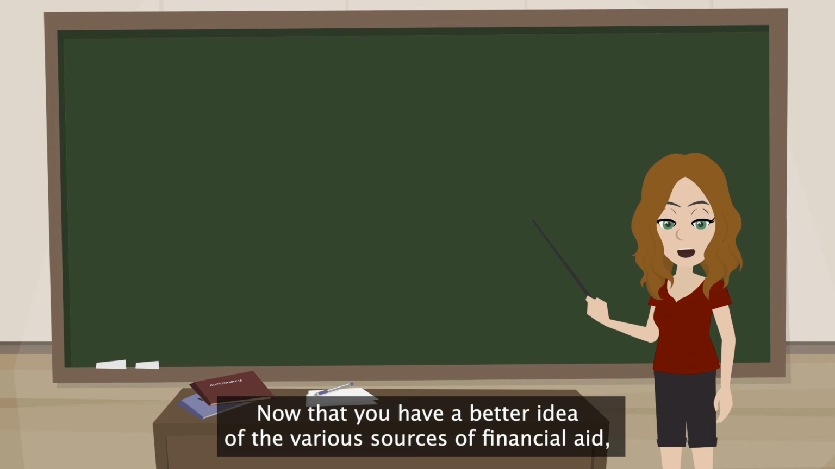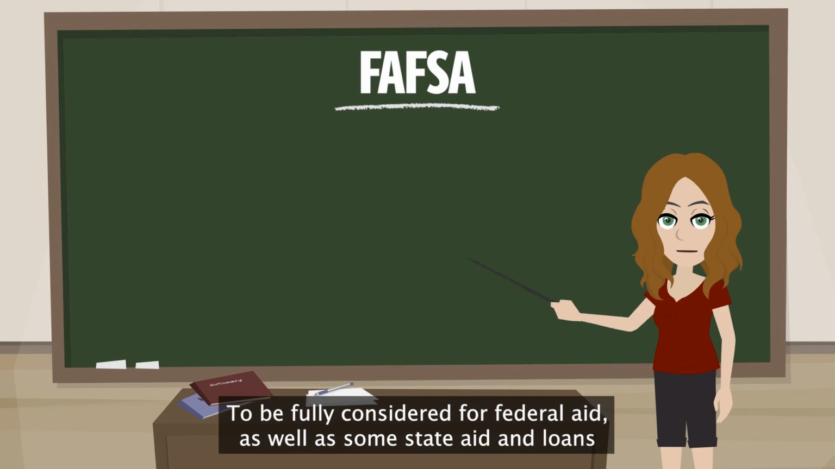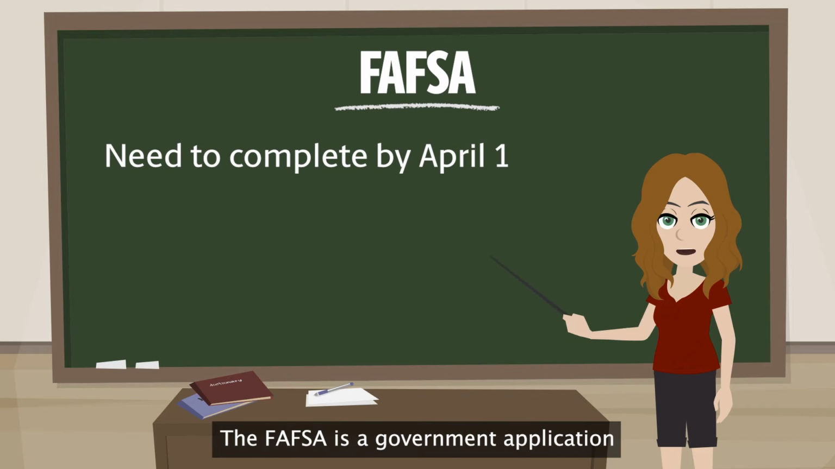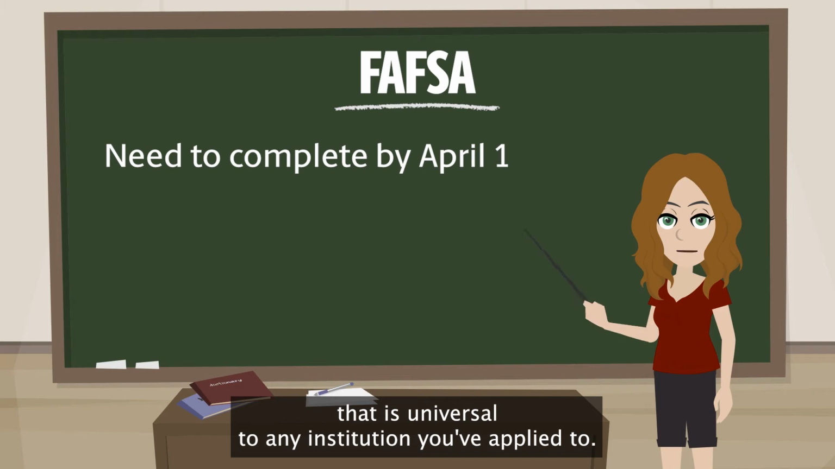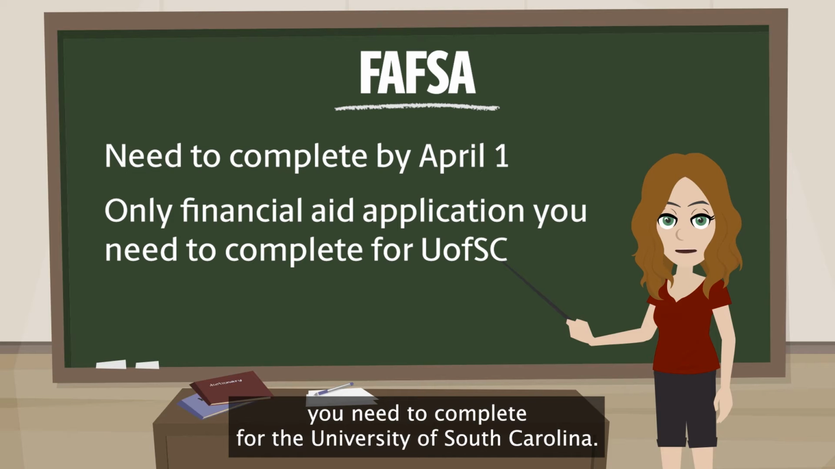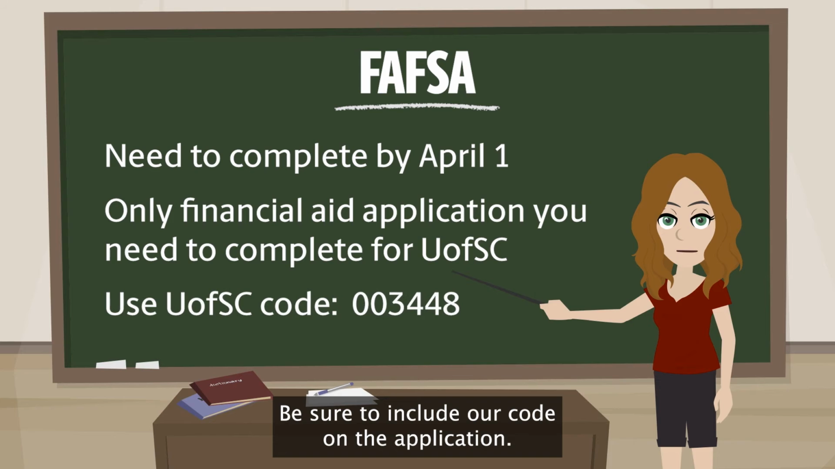Now that you have a better idea of the various sources of financial aid, where do you start? The answer: the FAFSA. To be fully considered for federal aid as well as some state aid and loans, you need to complete the FAFSA by April 1st. The FAFSA is a government application that is universal to any institution you've applied to. It is also the only financial aid application you need to complete for the University of South Carolina. Be sure to include our code on the application,